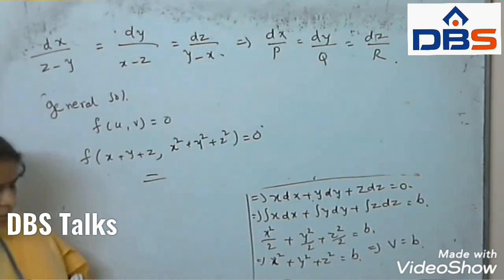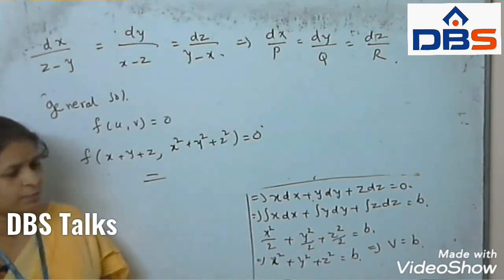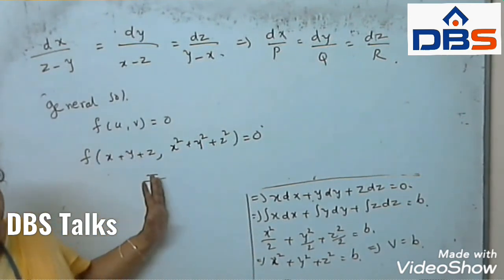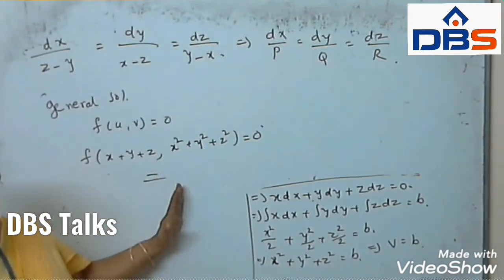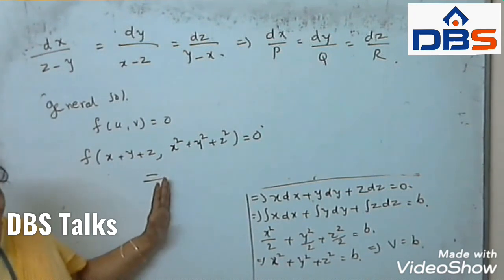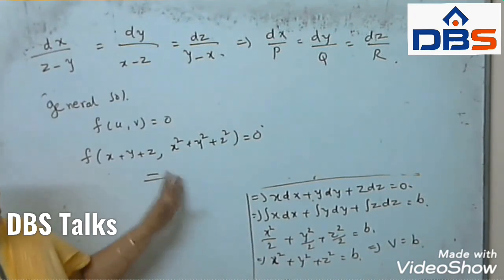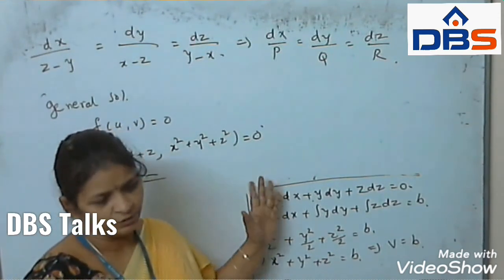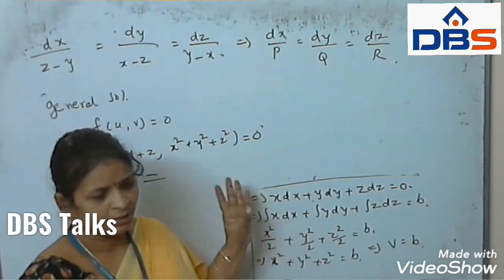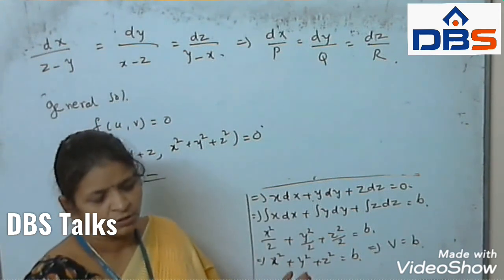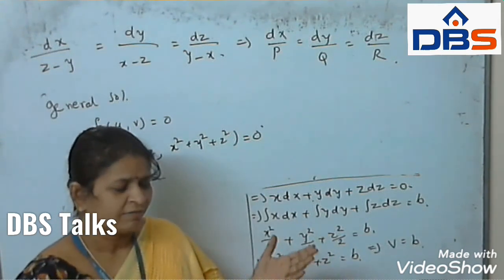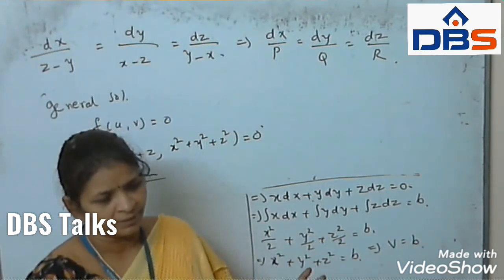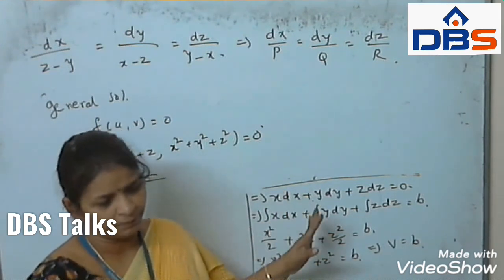So this is one example of finding the multipliers and how you can solve them. Solve the equation using the multipliers and the method of finding u and v. So first you have to write the P, Q, R values from the given equations. Then you have to write the auxiliary equation. You have to check whether you can solve directly or not. If you can't solve them directly, you have to go for multipliers.